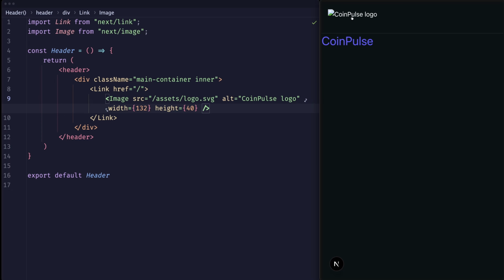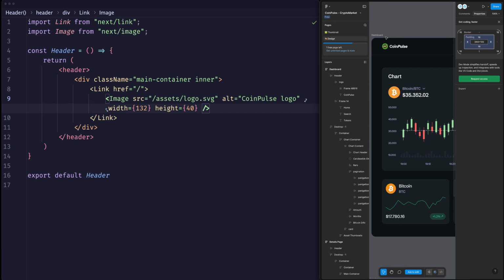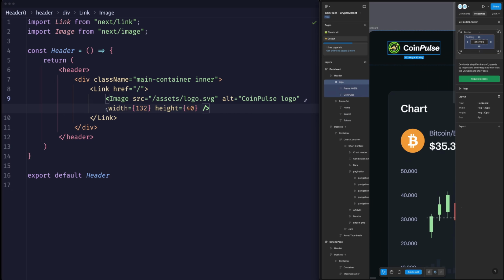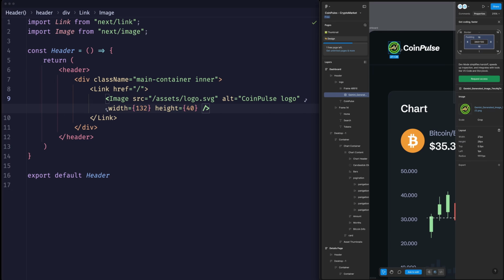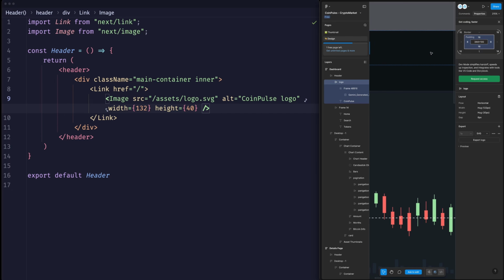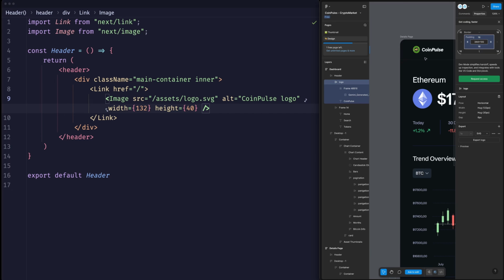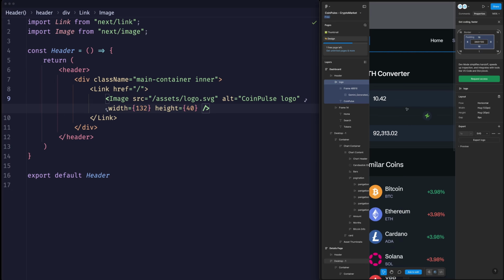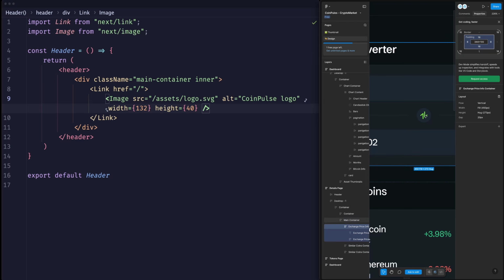If you save it, you'll see that we cannot yet find the CoinPulse logo. So the way you can get it is by going over to the Figma design, clicking a few times right here until you get to the logo, and export it in SVG. You can actually grab the whole part, not just the image, but actually the entire frame containing the word CoinPulse. Alongside exporting that, I'll also export this little icon right here, which is going to be used for our currency converter. So go ahead and click until you get to the image, and then export it right here,